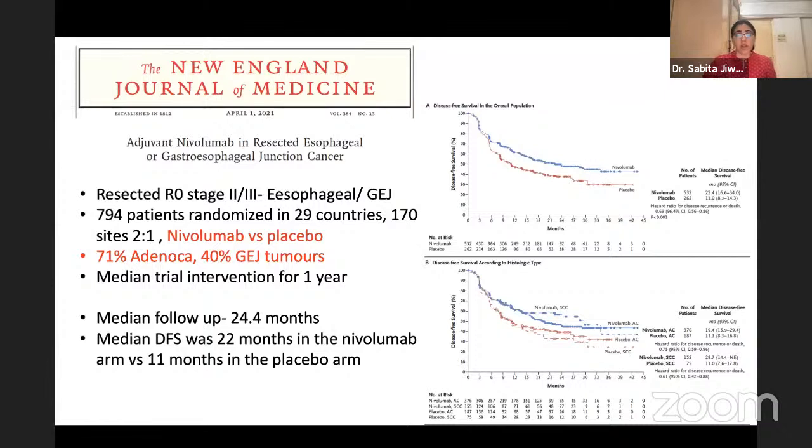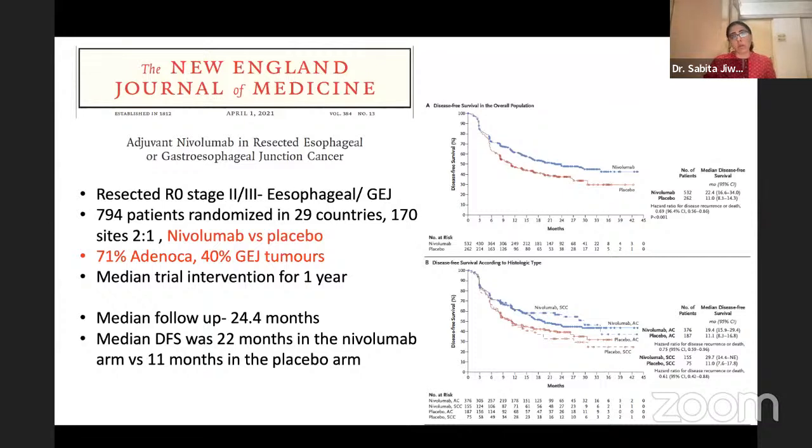So these patients had undergone neoadjuvant chemoradiation. They had got a R0 resection. So they had the best multimodality treatment. Then they had a R0. And in spite of that, when they were T3 or N1, where they had significant residual disease, either in the nodes or in the primary or both, these patients were randomized 2:1 to get nivolumab or placebo for 1